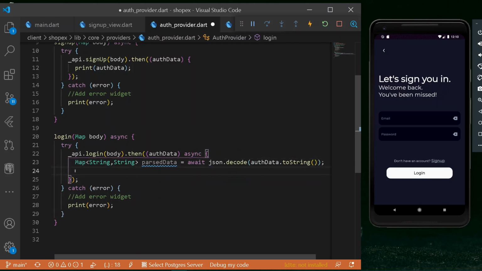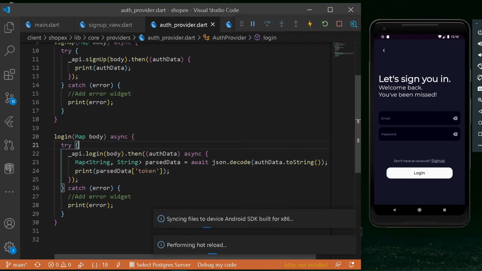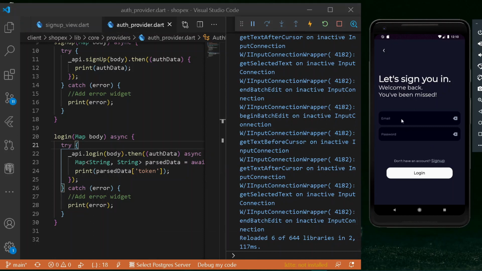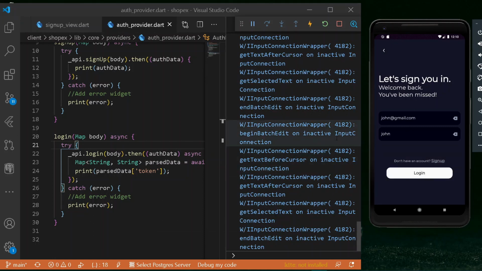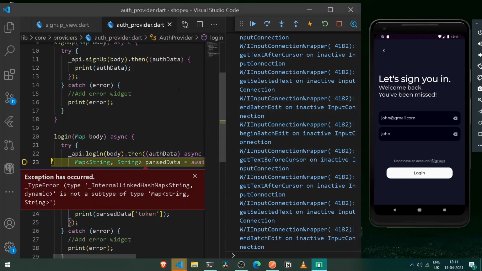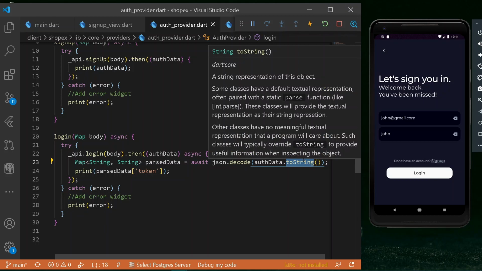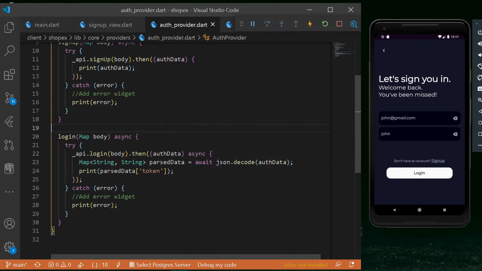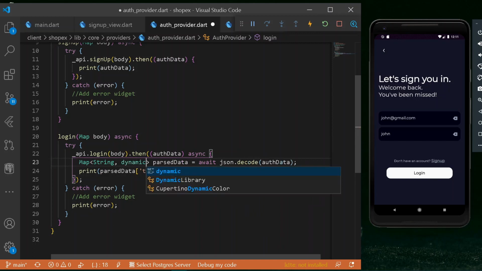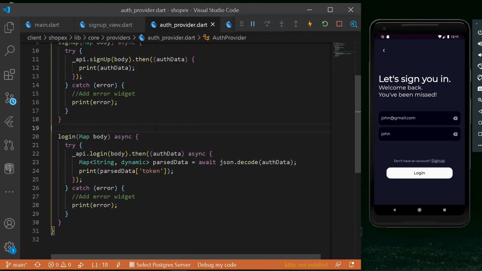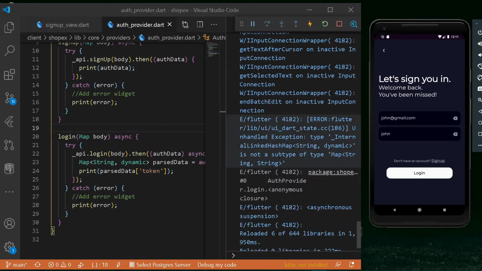just right there, and after that I try printing out my parse data, and under this I try to print my token. Let's wrap the following thing under a print statement, and let's print it out by logging in one more time. Let's try logging in. Cool, so now you can see we will be getting the following error of internal mapping cannot be assigned. So let's tackle the following error. Let's try removing our toString just like this, and instead of a string, let's have a new dynamic. Cool, so now let's try it out. Let's try logging in.